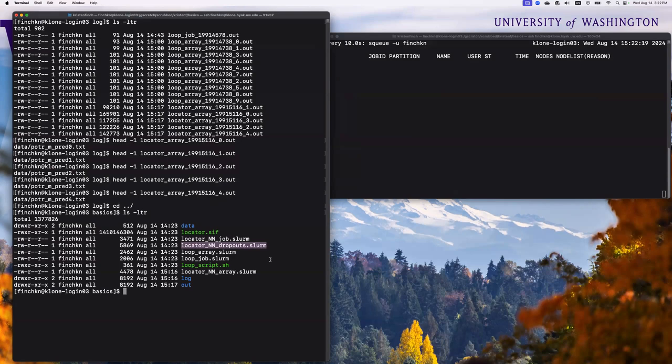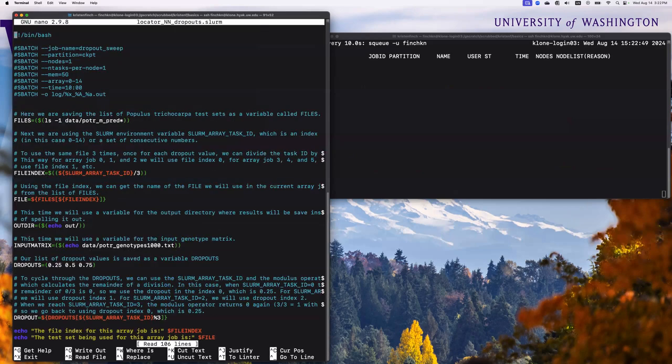We're going to not just pass our files as different operators for our array, but we're also going to pass parameters for the dropout proportion, which is a parameter that can be used for building neural networks to make them more forgetful. It's kind of like it erases some of the neurons that it builds so it doesn't overtrain on some data. So let's go ahead and nano to look at locator nn